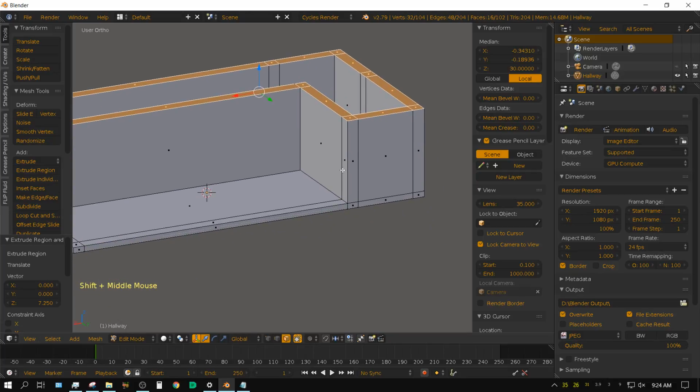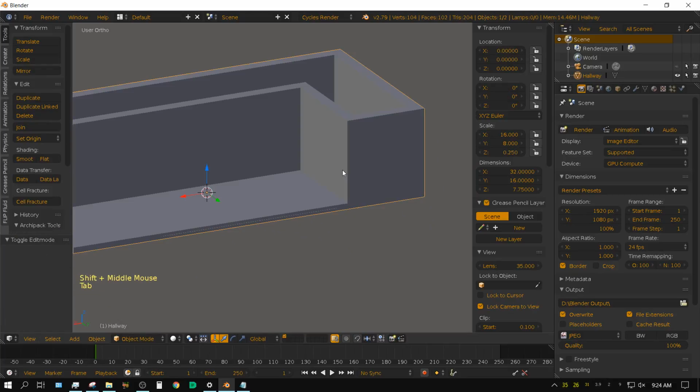Alright, now press tab to exit edit mode, and over here we see something called scale. Ideally, when we're dealing with physics type simulations, we want all of these to be 1. So with these being 16:8 or any number other than 1, we know the scale has not been applied.